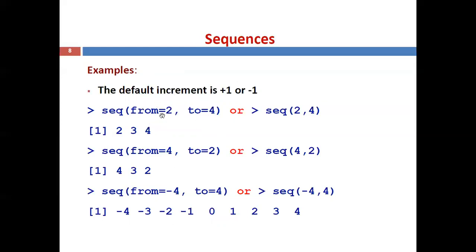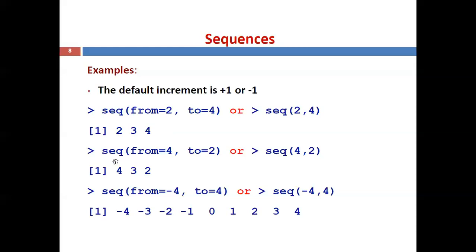Then it starts at 2, then ends at 4. The same command can be written as seq of starting value comma end value, instead of from 2. Like this also you can give. So you can run any of these two commands, the output is the same. First the starting value 2, then by default it increments by 1. The next one is 2 plus 1, 3, next 3 is incremented by 1, 4. So the end value is 4, so it ends. Now the sequence is 2 3 4.